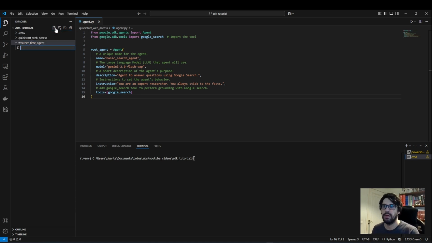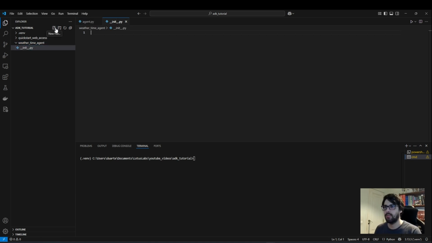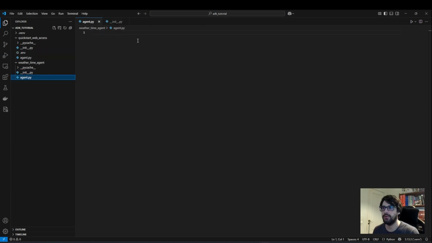And then inside, we have to create the __init__.py. And in this, we will import the agent module, that's why we are doing this: from dot, so from this current folder, import agent. And here inside, let's create an agent.py. Okay, and now let's create our functions. Let's create our tools. We will have a root agent, and this root agent can access the get weather tool or the get current time tool. So let's create these tools. These will be functions, get current